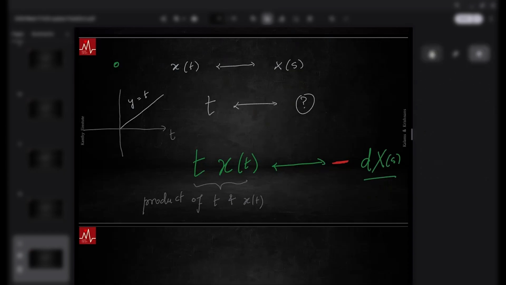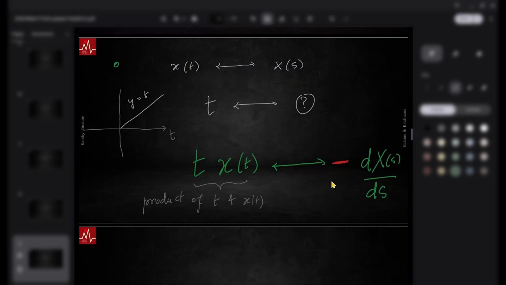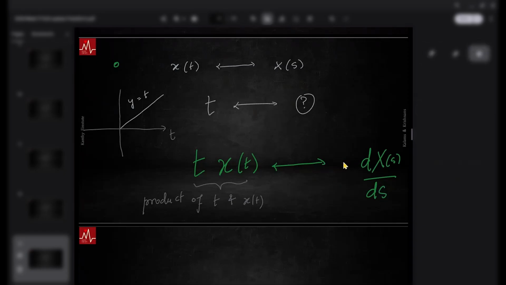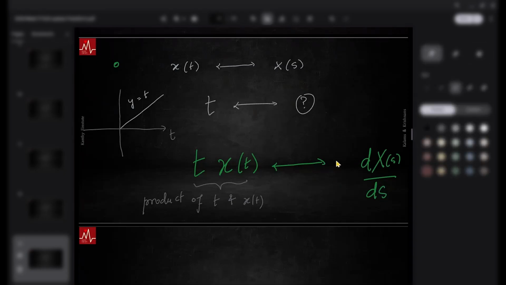Of course, it's a function of s, so you can only differentiate with respect to s, and there is a negative. This looks very similar to converting a differential to an algebraic equation form, but you are doing it not in the time domain, but in the frequency domain. Okay, so that negative shows up. So, for example,